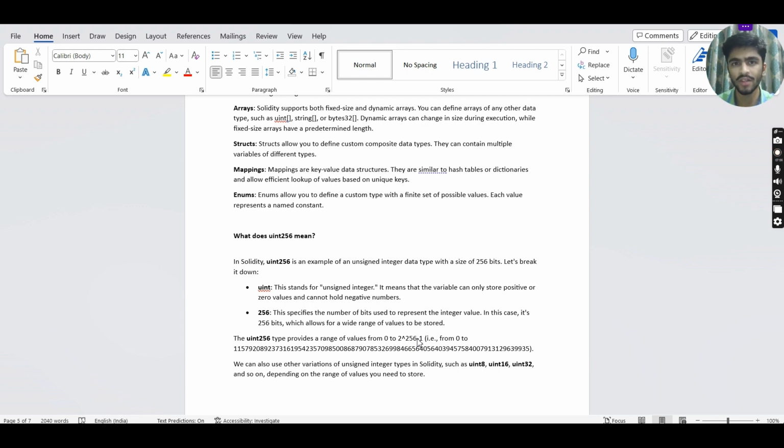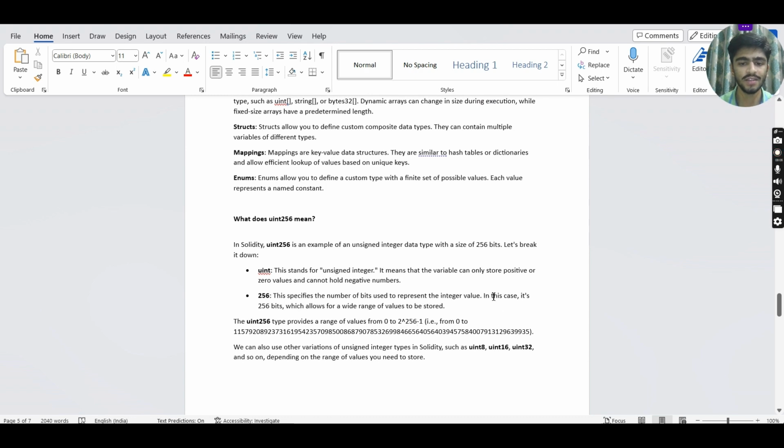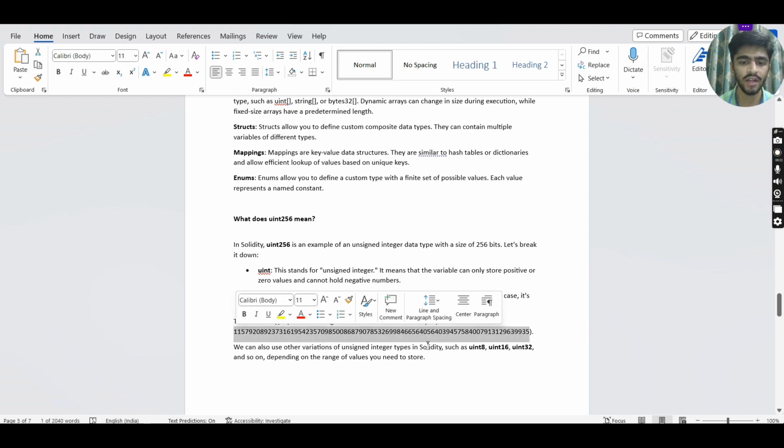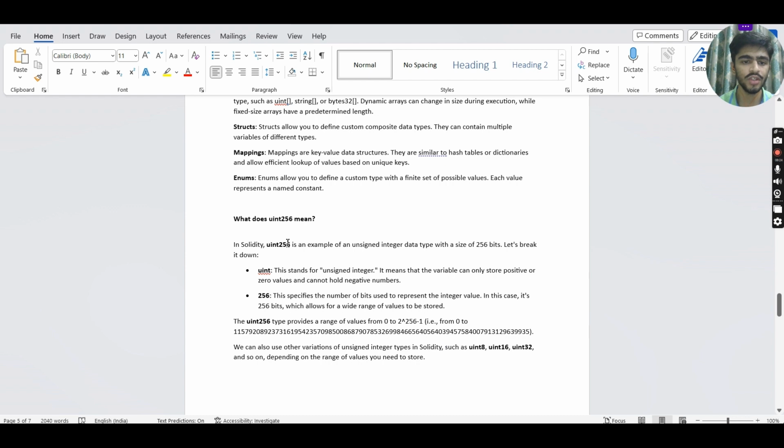It's 2 to the power 3 minus 1. That is basically 7. Okay, like 0 and 1. You all must be knowing how these values are written in binary form, and this is the decimal representation of that very large number. Means, if all the bits are 1, then this is the largest number that we can represent using a